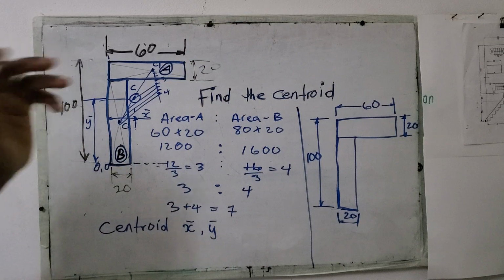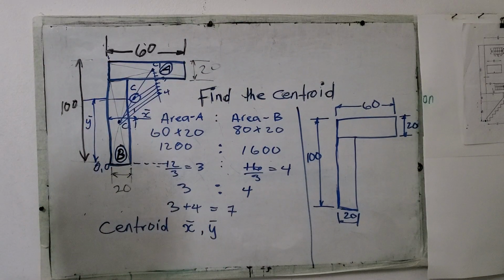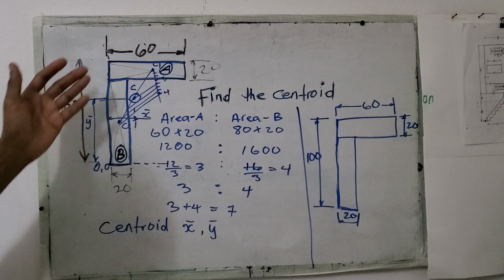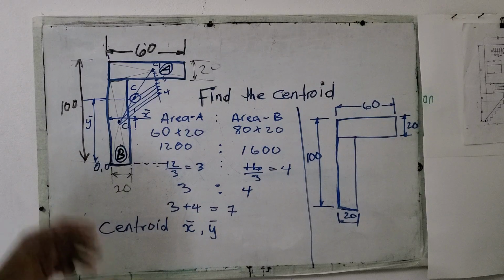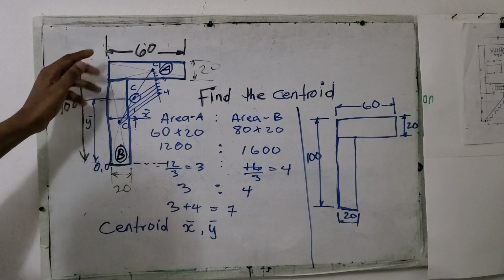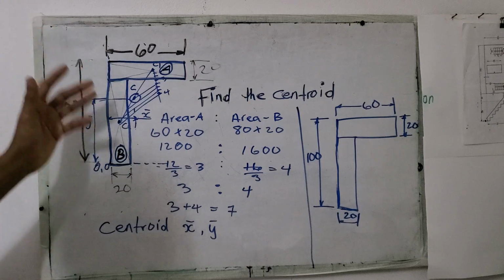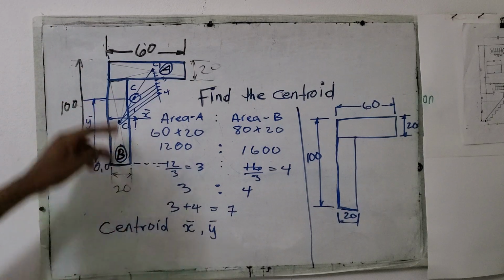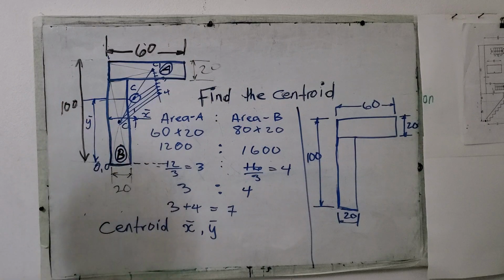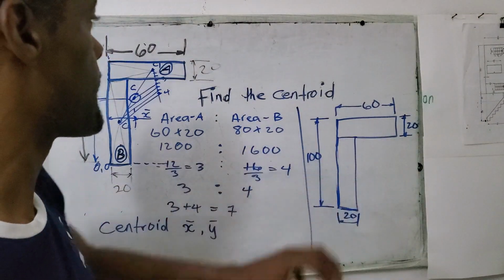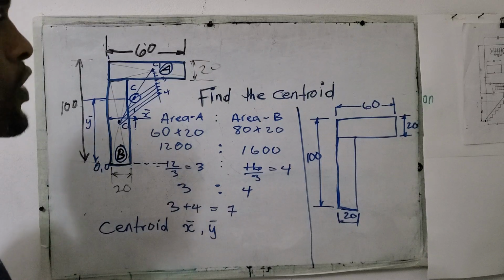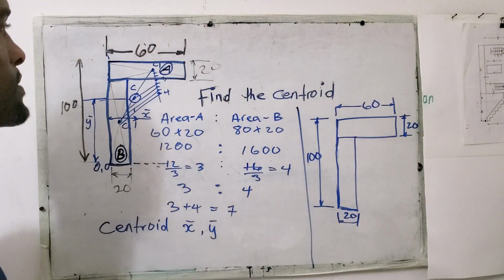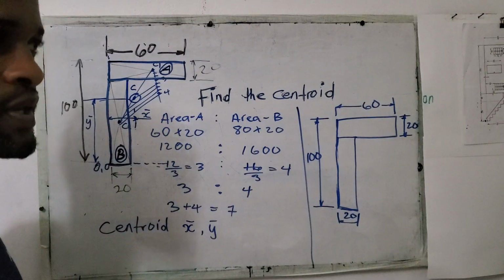Our new topic is Centroid. At the end of this video, you should know how to find the centroid for a composite material. In this case, this composite material has two parts. It is broken down into two sections: section A and section B, as we have seen here. The principle for finding the centroid is somewhat similar in some cases to the previous